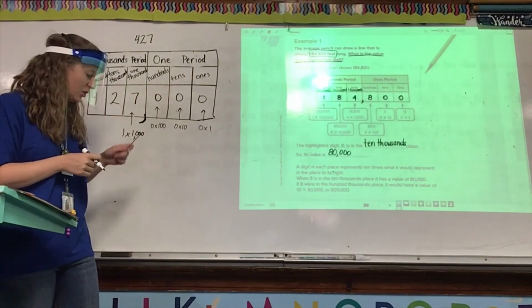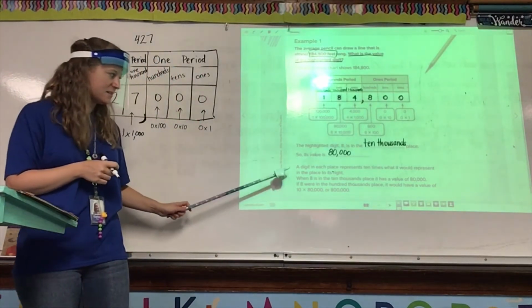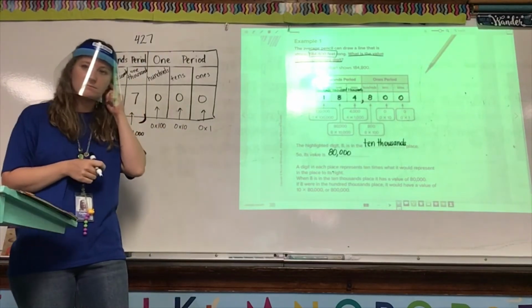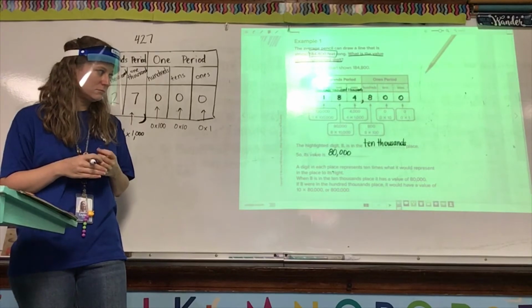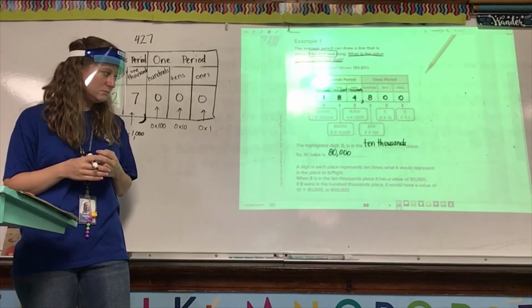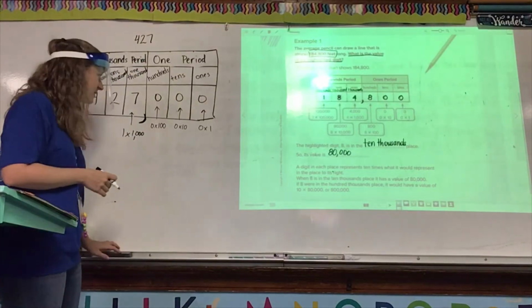Okay. Go ahead, let's see. Zadie, read the first sentence underneath what we just did together. A digit in each place represents 10 times what it would represent in the place to its right. Good. So what that means